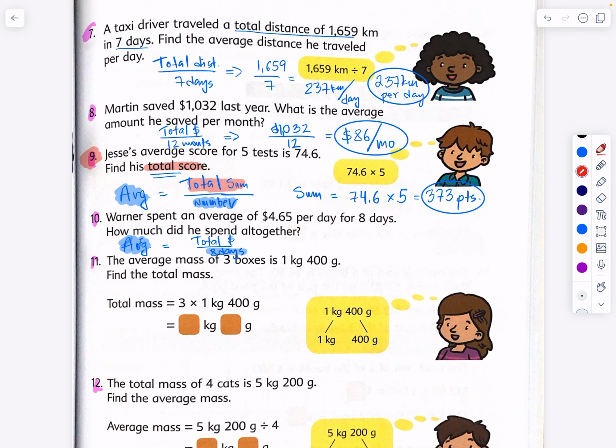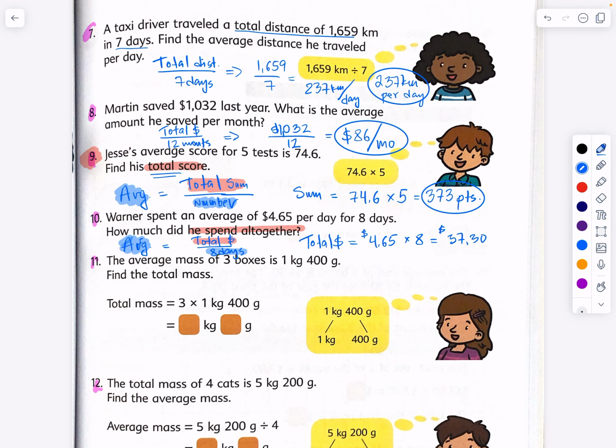What we need to find is how much did he spend altogether, the total amount. In order to find the total dollars, you would do the reverse operation. You would take the average of 465 and multiply it by 8 days, which I think you can probably do logically anyway. 465 per day times 8 days, we know that the total spent would be